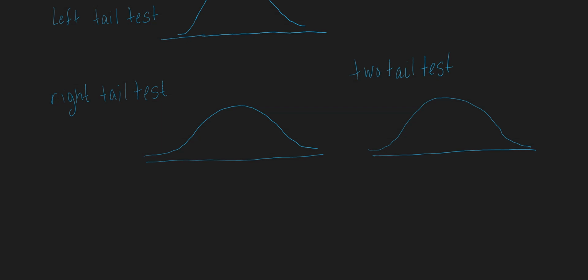So I'm going to give you a few hints, and then we'll work through just a couple little examples, and we'll move on. Now, if the alternative hypothesis, I've been doing H1, contains the less than